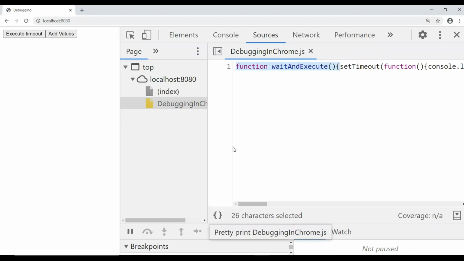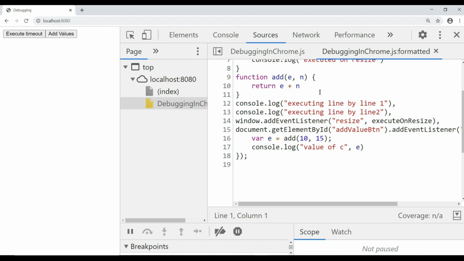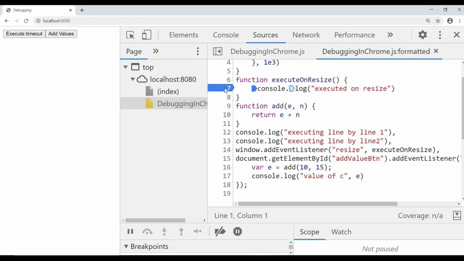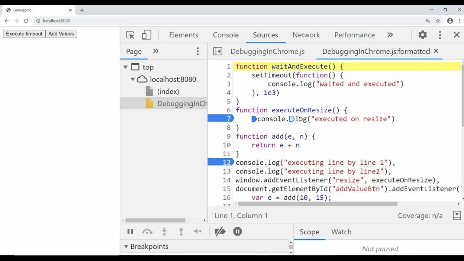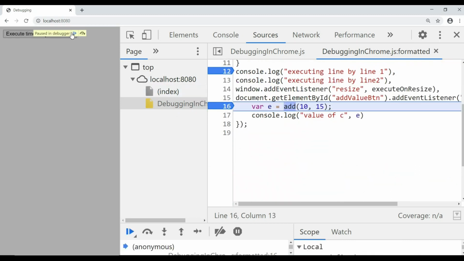If you click on this one after selecting the file which you want to debug, and most probably it will be only one minified file for all your code, so that network requests get reduced in production, you need to just click on this one, and you will see that this is now getting formatted, and now you can put your debugger points and you can execute your code and you can debug it, right?